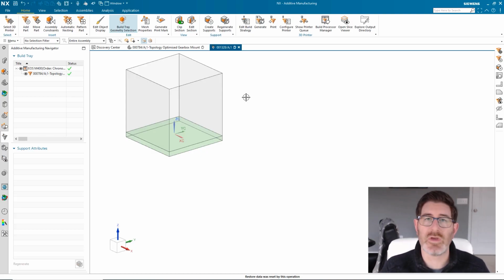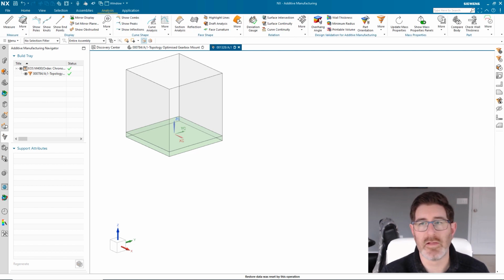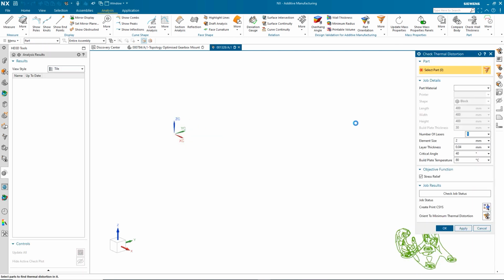And we have a tool that allows you to do that called the NX Build Optimizer. Now, in the latest release of NX, we have integrated that tool into the NX system, and it's up here under the analysis menu. If you go to more and say thermal distortion, you can invoke this tool. What this does is you pick your part, and the tool will take your part with a couple of characteristics you handed it. It will upload your part into the cloud. It will run 100 different orientations of the part, running a simulation for distortion on each one of those orientations, and hand you back the orientation that has the least amount of distortion possible.